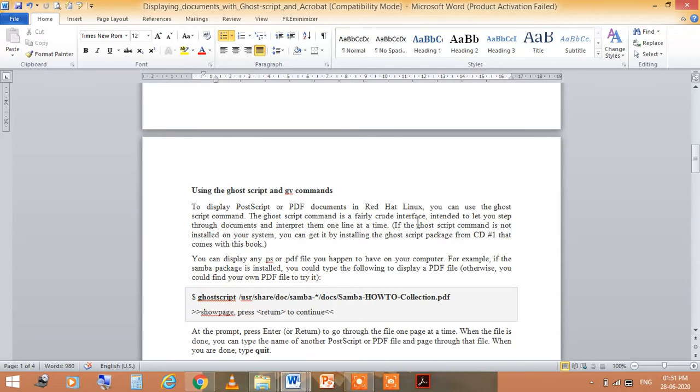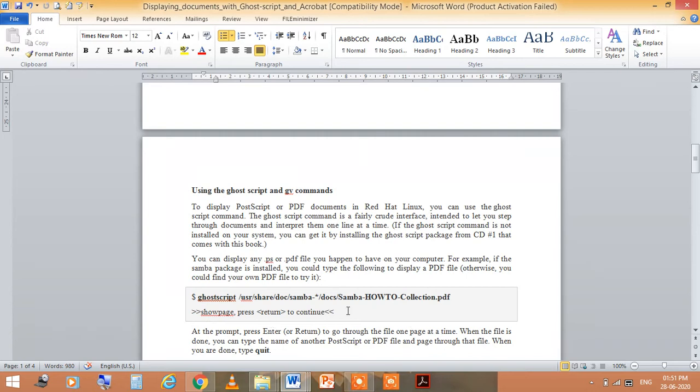This command is a fairly crude interface intended to let you step through documents and interpret them one line at a time. You can display any PS or PDF files you happen to have on your computer.